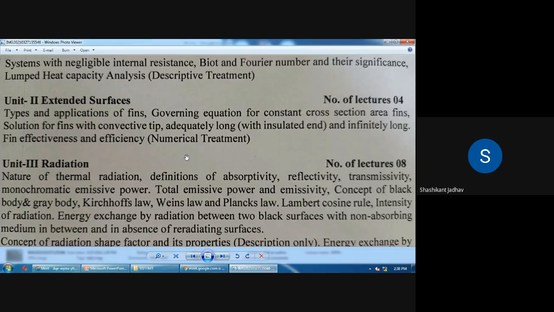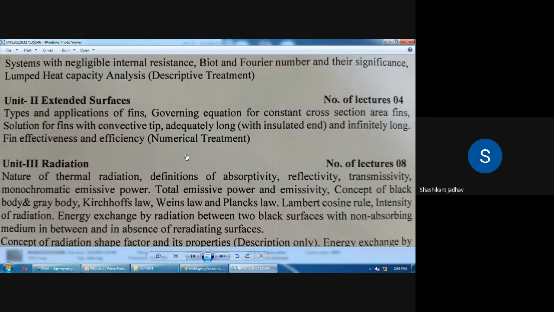So basically we know one standard equation, Newton's law of cooling. What is the equation of Newton's law of cooling? That is Q is equal to H into A into delta T. Which law do we use for convection? That is Newton's law of cooling, and the equation is Q = h A delta T. Here h is the convective heat transfer coefficient, A is the surface area where the heat transfer takes place, and temperature difference is the body temperature minus the surrounding temperature. By using that we calculate the heat transfer rate.